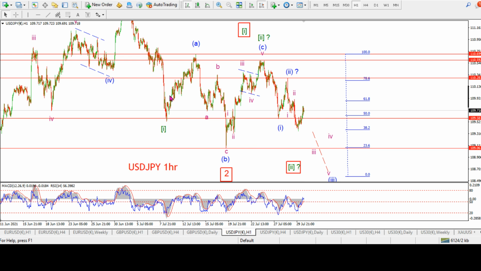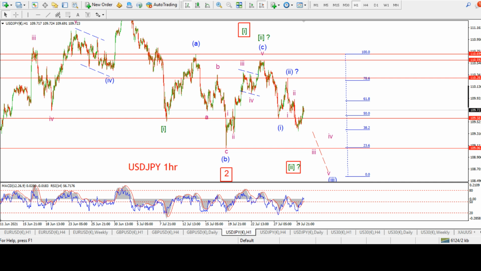If this is a wave 1 and a wave 2 building here, then you would expect a wave 1 and 2 off that wave 2 low. So we have a solid low at 109.06. That is a very important level in terms of both wave counts. If this level breaks, 109.06 breaks again, then we can expect a fall into about 107 for wave C to complete. If this 109.06 holds and we push higher again to break 110.59,